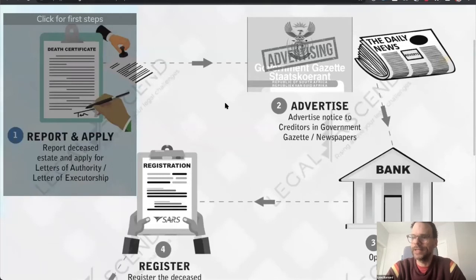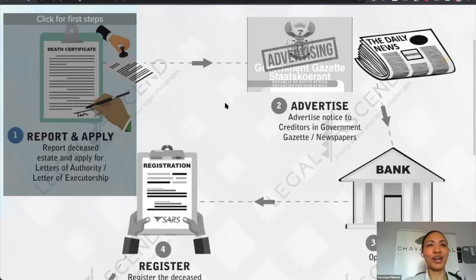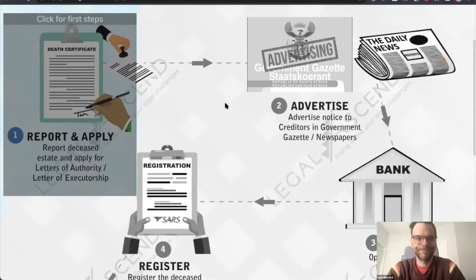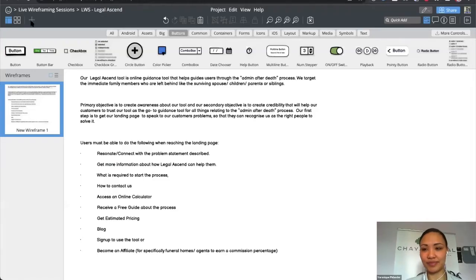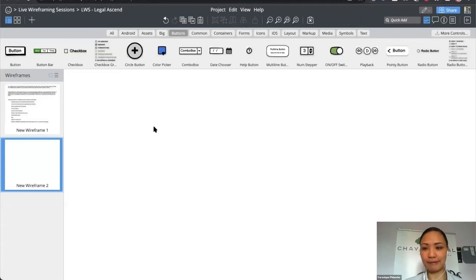Where do you think is the best place to introduce the calculator? Should that be at the very beginning before they even begin the process, or once they've started the process, telling them if it's going to be the short version or the long version? If I'm honest with myself, it's probably when they start the process. They first need to understand what the process is to utilize the calculator to its fullest. They're probably not going to get it until they get what the process entails. So I would say at the start of the actual process.